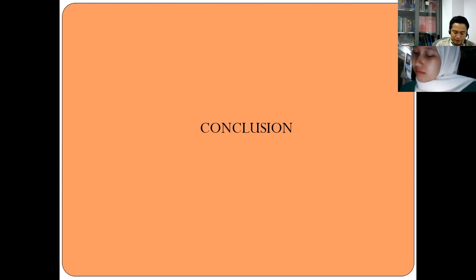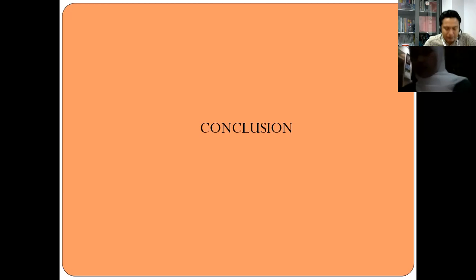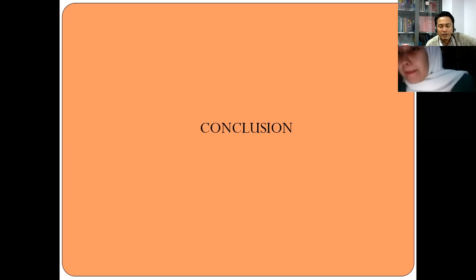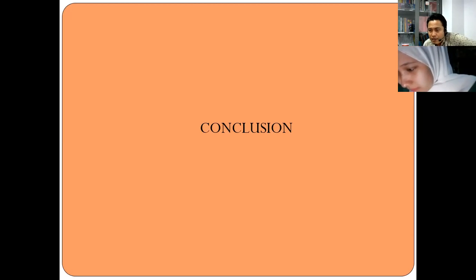And then please, after this, you may consult with your advisor and ask your advisor about the certainty of narrative text, and also about the reading comprehension itself, and the last one about story phase. I guess it is story nori, but it is not story nori, it is story phase. Okay. I guess that will be my last feedback for you, Ferra. I hope you will give me your total revision for your thesis.